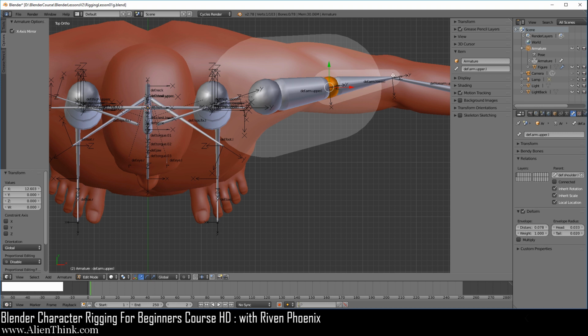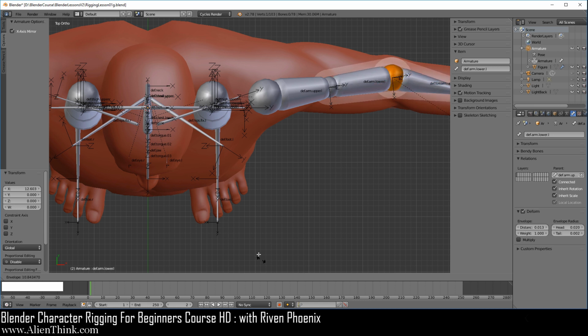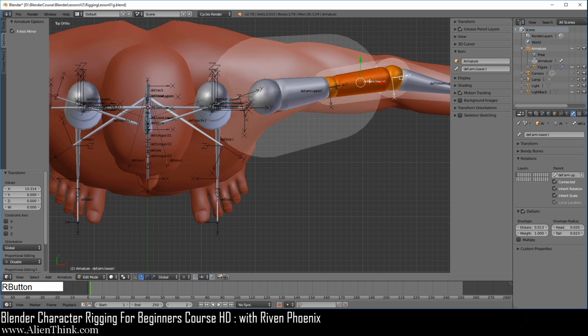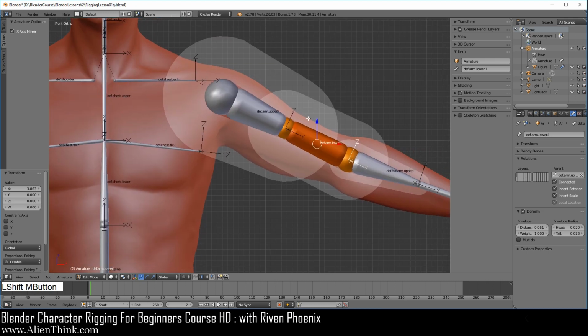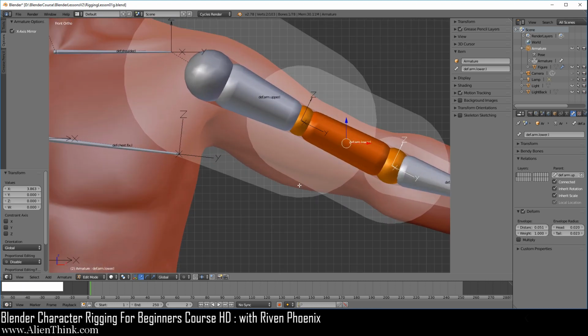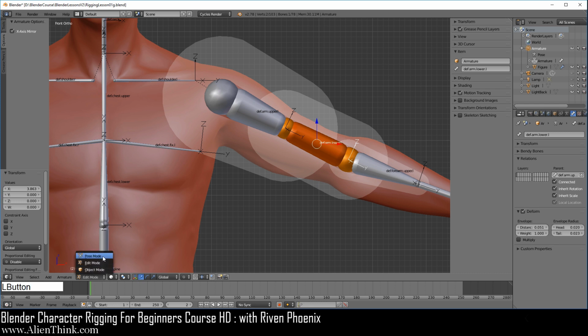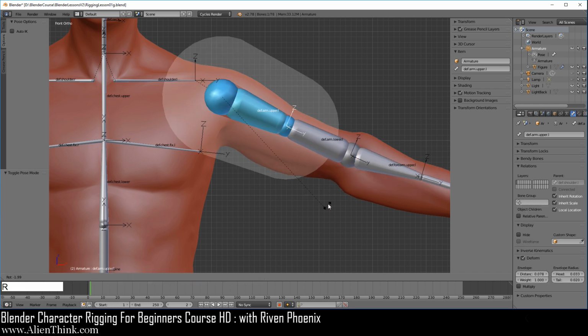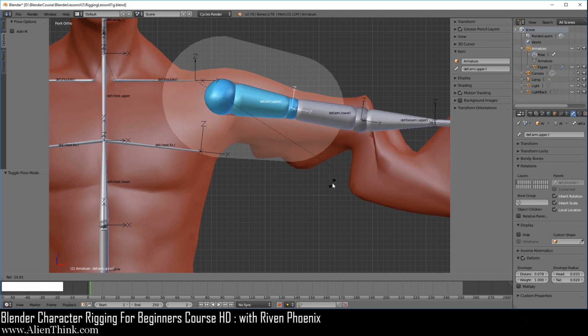Now we can do the same thing and click on this joint over here, do Alt S to increase just the radius here a little bit, do Control Alt S to increase the white space over here. So here we have to click on the body, do Control Alt S, and now increase the white space. Now notice what's happening over here. Press the 1 key. See how this bone influence is going inside this other bone influence. Okay, now if we go to pose mode and click on this bone and press the R key, you'll see that more and more of the arm is moving.